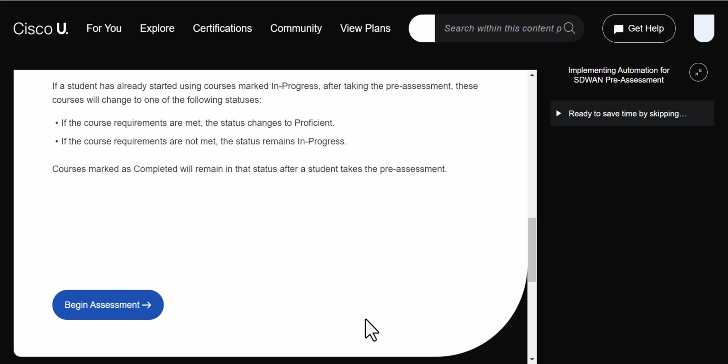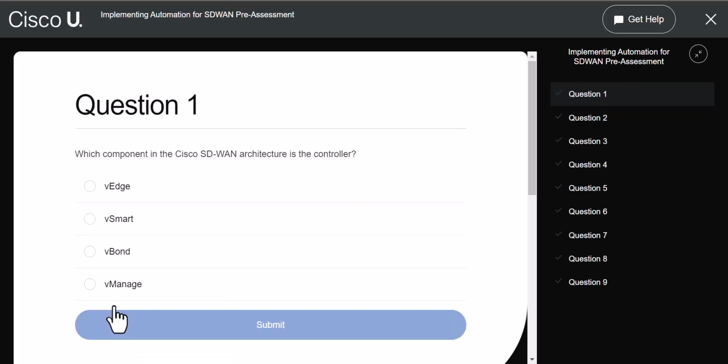Cisco and AUI Section 3 Pre-Assessment, Implementing Automation for SD-WAN. Which component in the Cisco SD-WAN architecture is the controller? Controller is vManage. So,